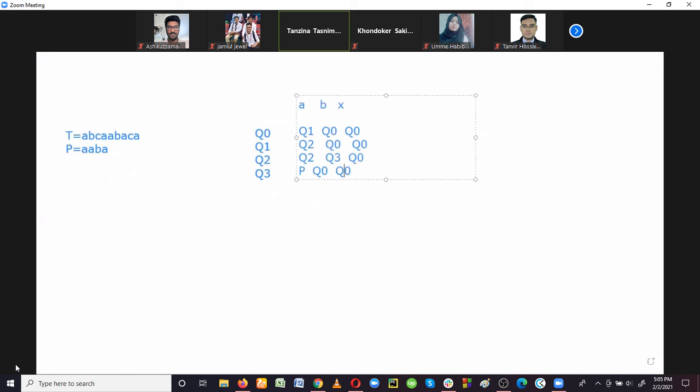Okay, so what is the first step of the algorithm? Initialize, set k equal to 1. Initialization. Okay, so now k equals to 1 and sk equals to Q0, these are the initial state. We know the value of each state. Q0 equals to lambda, Q1 equals to A, Q2 equals to AA, then Q3 equals to AAB, and the pattern, or Q4, equals to AABA.